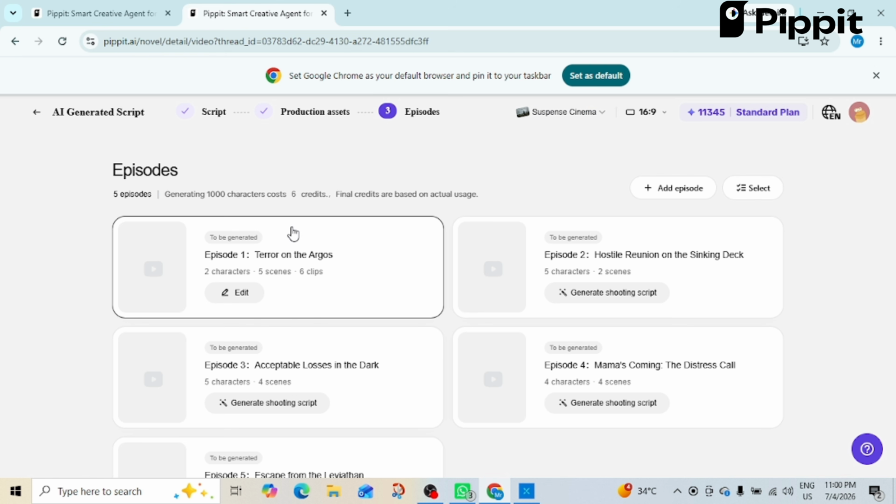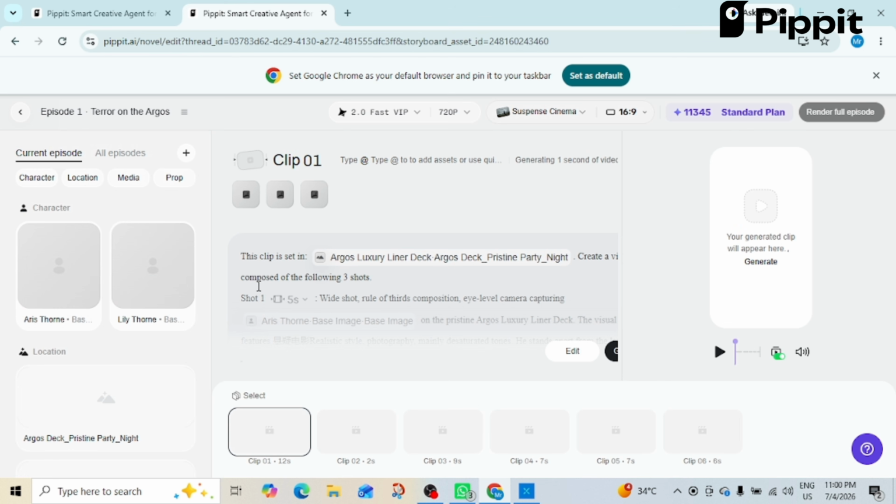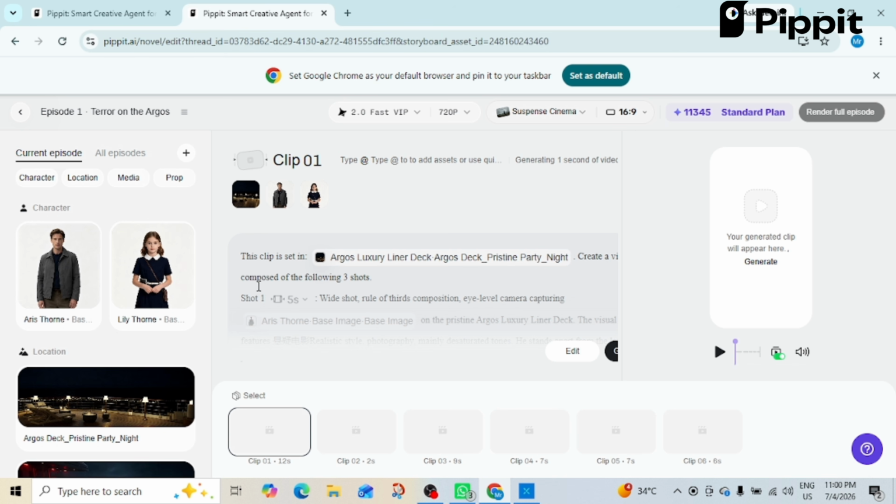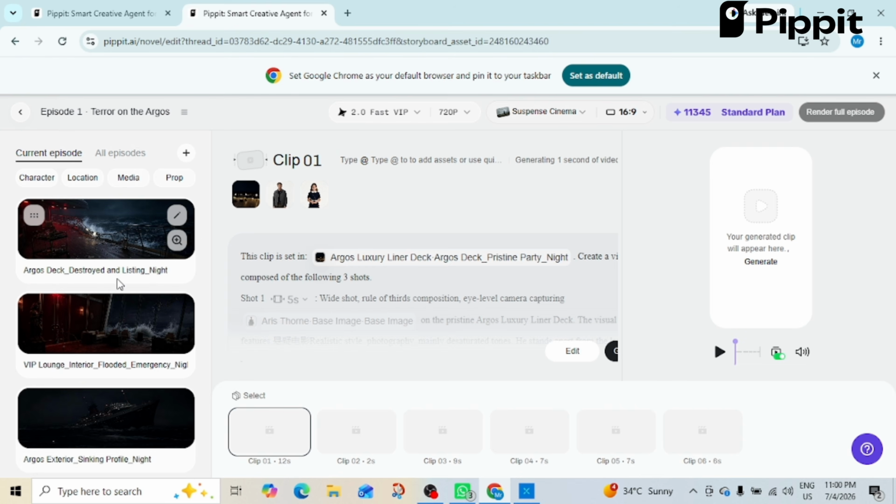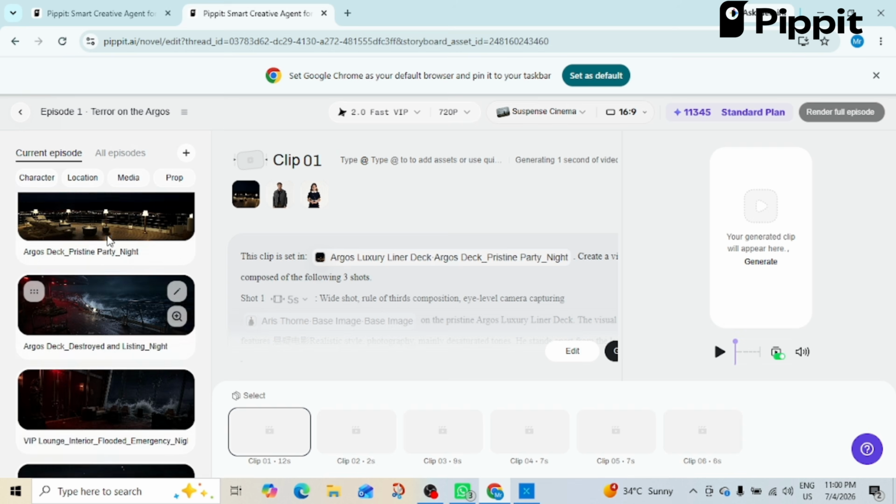Here you can see that the AI has automatically organized the characters, scenes, and clips. I'm going to click Edit so I can review each scene, customize prompts, and check everything before generating the final video. As soon as I open the episode editor, Pippit automatically prepares the first clip. On the left side, my characters' locations, media, and props are neatly organized, so I don't need to manually search